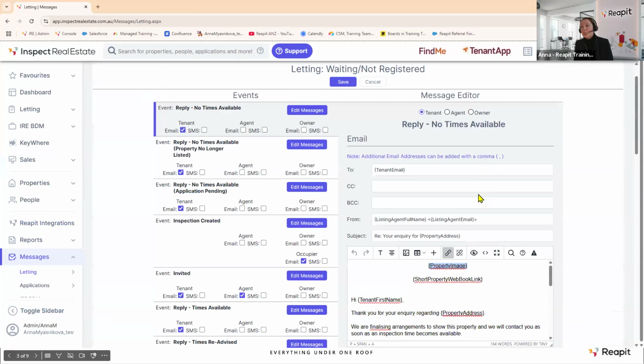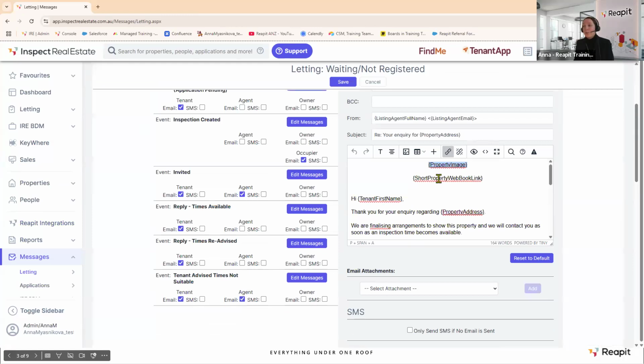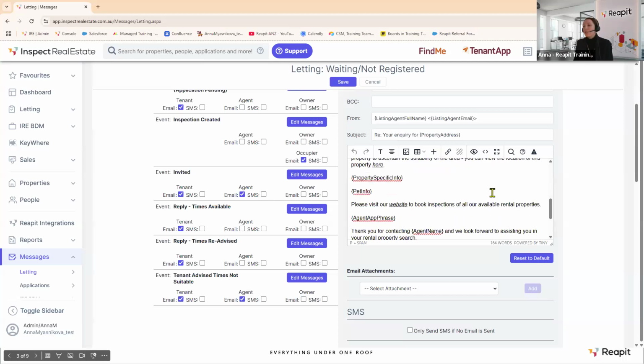The majority of those messages have got merge fields. What this means is that the information will be pulled in by the system automatically. If I scroll down in this particular message, this is the merge field I was talking about earlier, the property-specific information merge field. This is where those details added by yourself about the pool, about the granny flat, about whatever may be relevant to the potential tenants of the property, you can add it here and it will be added